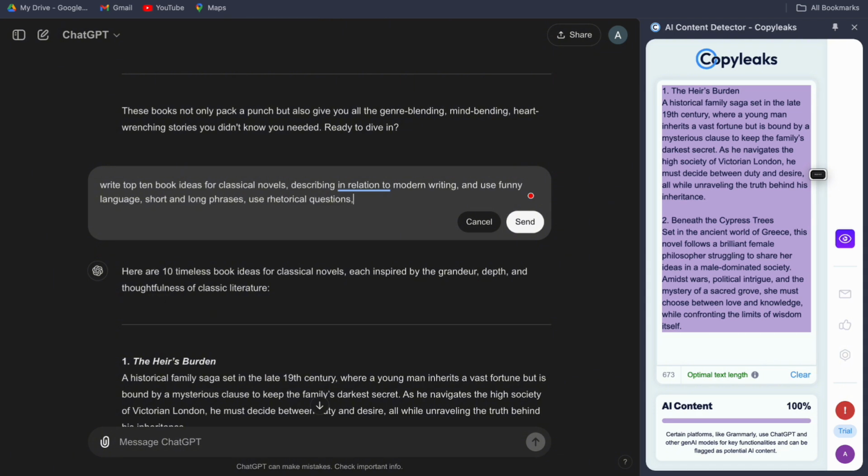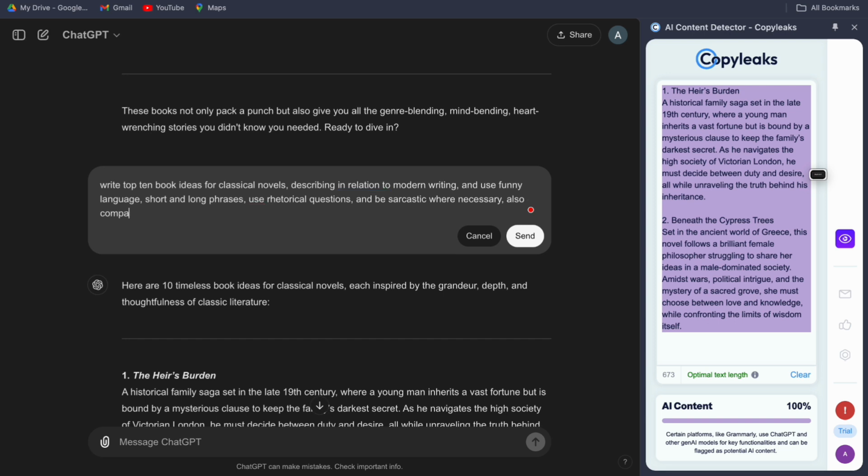Stuff like that. Whatever you have to add to read, just make it human-like and be sarcastic where necessary. Also compare it to modern literature. For example, you can give it phrases to use, the way you would want to write if you had been the one writing it. Use phrases like